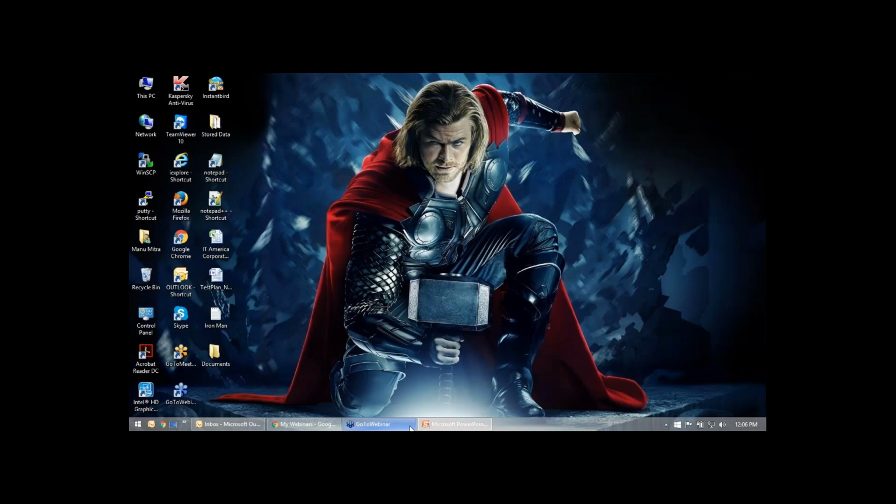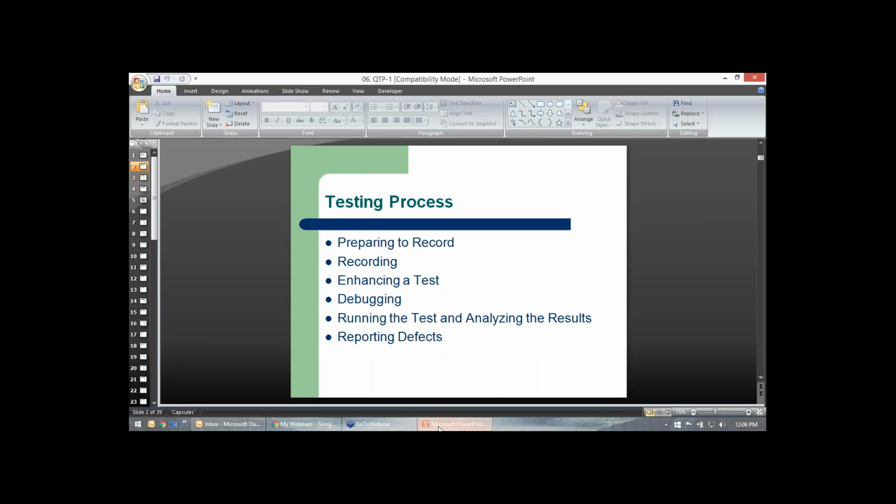And I'll show you how this screen looks. So what are the main components of what you actually do in QTP? Now you have all the applications set. You have done manual testing. Now they have put in integration testing. Now you also completed that. Now there is incremental testing.